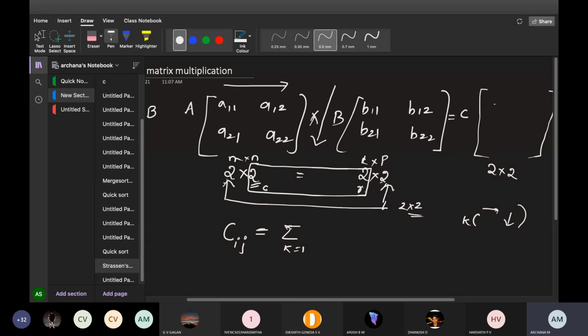We even wrote this equation while finding the matrix multiplication using mathematical analysis. Do you remember that? Using the time complexity, we wrote this. Same thing here. For example, k equals 1 to n, where you can take the number of columns as n. A of ik star B of kj. This is normal mathematical multiplication.